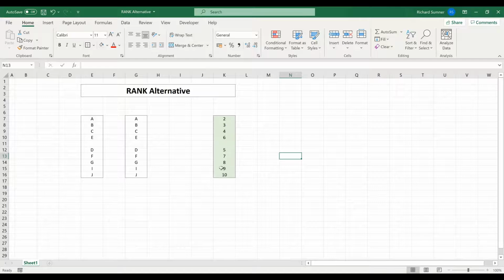And the reason why there is no number 1 is because it sees the blank space as less than A. It sees the blank space as greater than the numbers. So you're not necessarily going to have an issue with the number values, but you are going to have an issue with letters. And so you've got to keep in mind that sometimes the blank space can throw a spanner in the works. If you've done a test and it's not actually counting the first, it's counting the blank one, so it's only starting at 2 because of the blank,